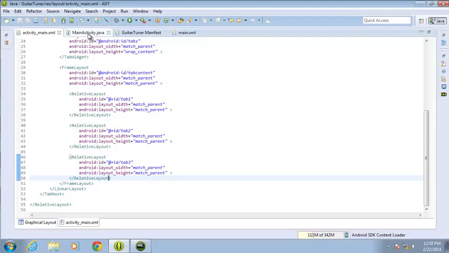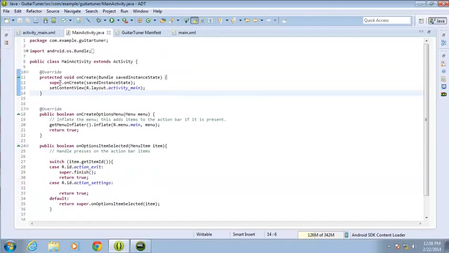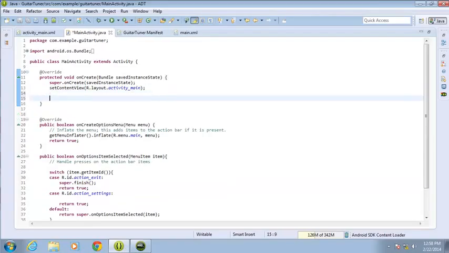Let's go ahead and switch over now to the main activity.java file. And in the onCreate method that you see up here at the top, I'm going to go ahead and add in our tab host from the activity main file. So I'll just go ahead and create a new object, TabHost, tabHost equals, and then in parentheses type in TabHost again, and then findViewById,